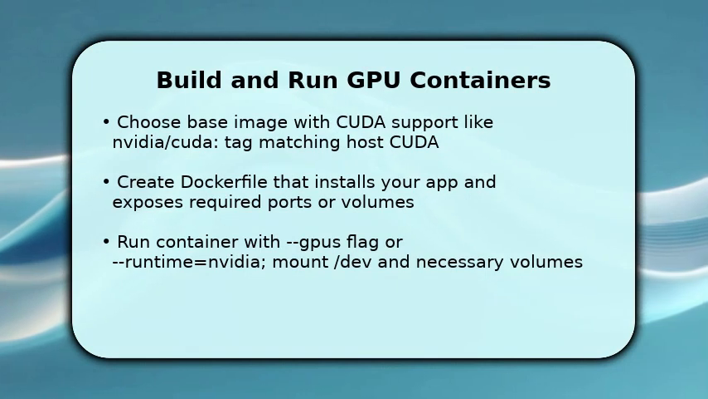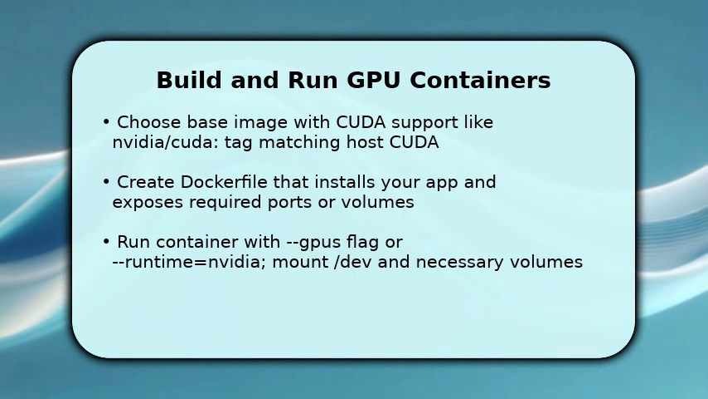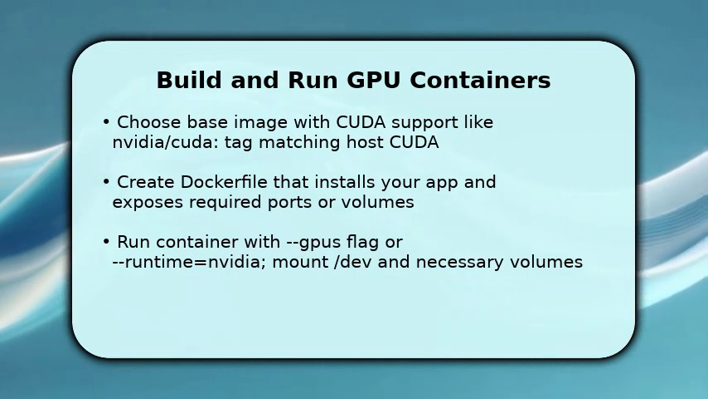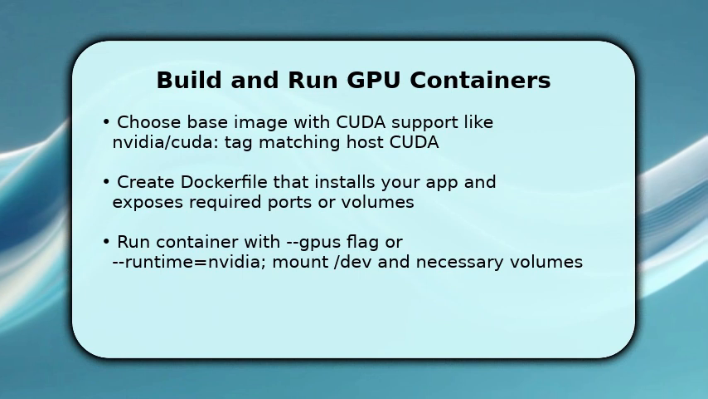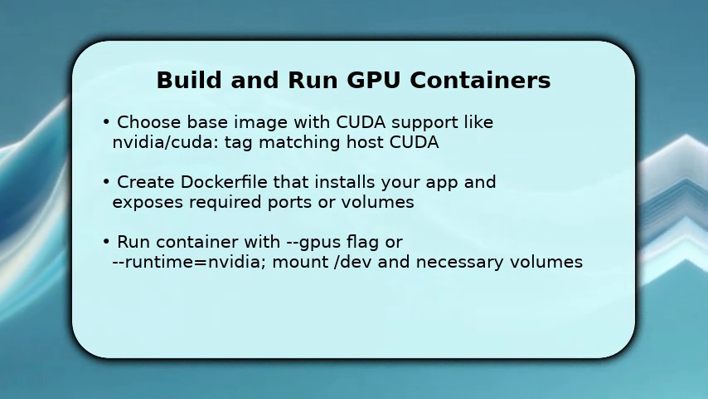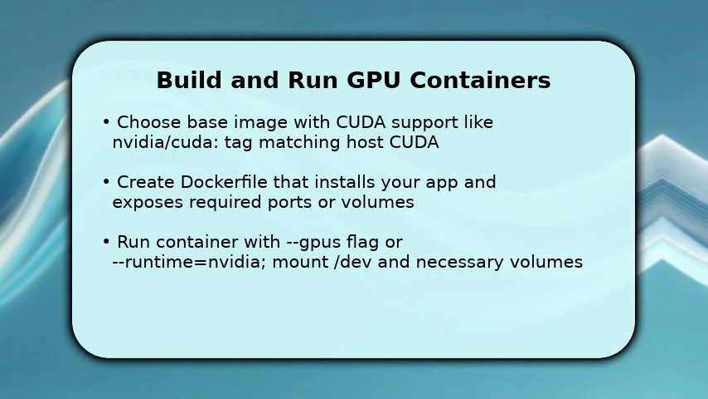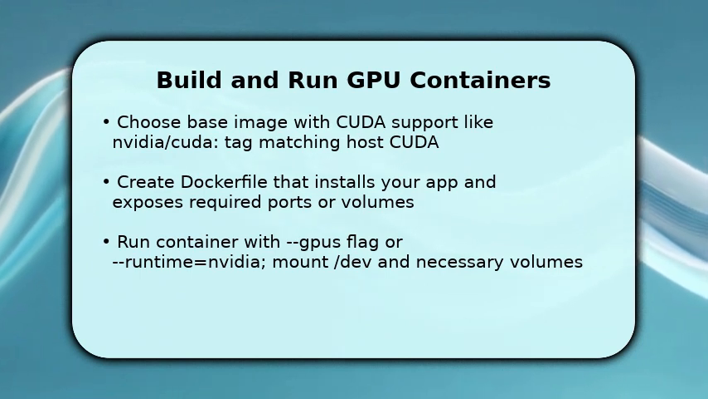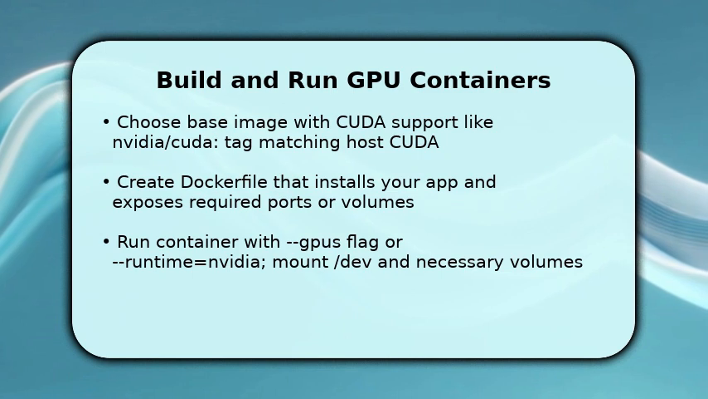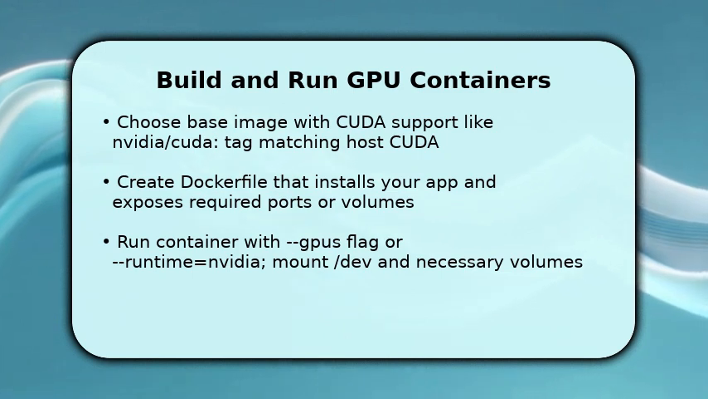You now build and launch a GPU-enabled container. Begin with an image that matches your host CUDA, for example nvidia/cuda with the proper tag. This avoids ABI mismatches. In your Dockerfile, install dependencies and copy your application, keeping layers slim so GPU libraries